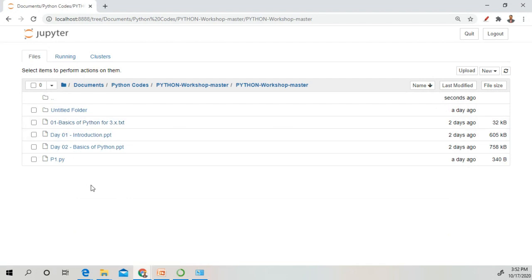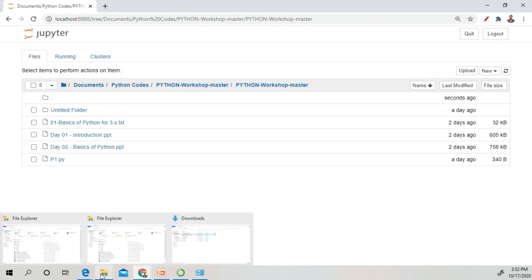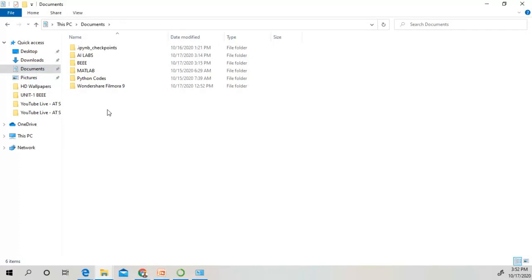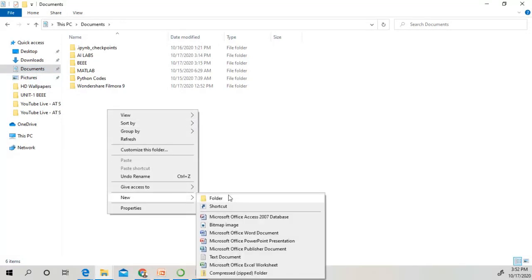There are two ways to create a folder. The first way is you go to File Explorer, open the Documents folder, and create folders like New Folder, then rename it and create all the folders inside.